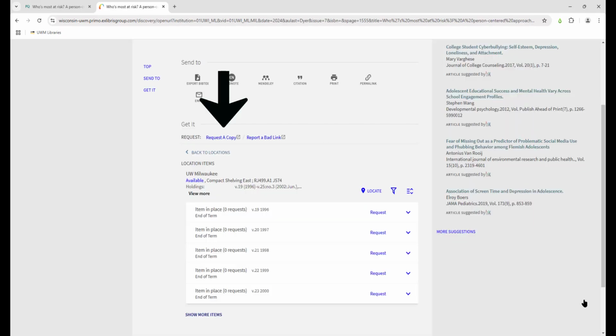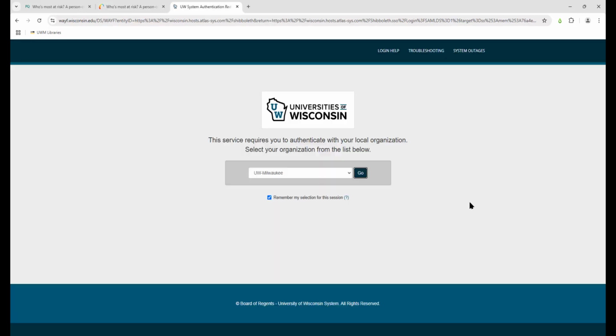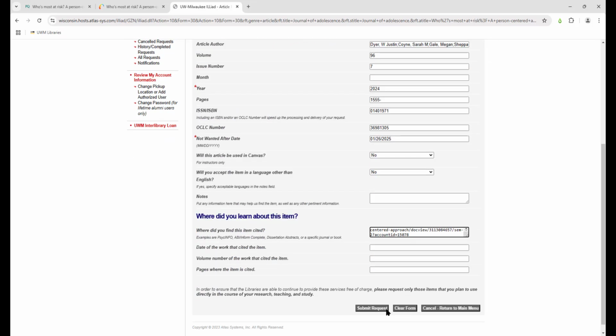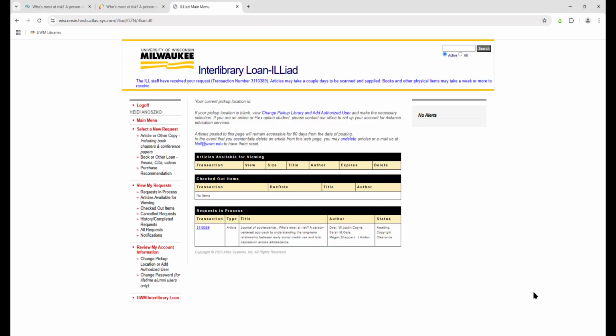After you've signed in, you should see a link for Request a Copy. Click this to start an interlibrary loan request for the source. You'll be directed to a pre-filled request form for the source. Review the form and make sure that all the automatically filled citation details are accurate. Then click Submit to place your request. When your request has been filled, you'll get a message to your UWM email account with instructions for accessing the